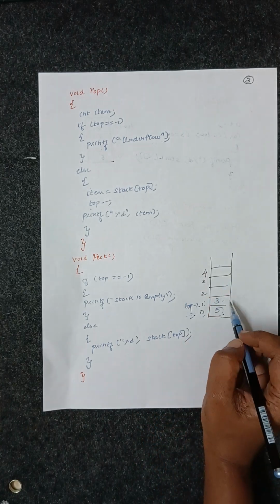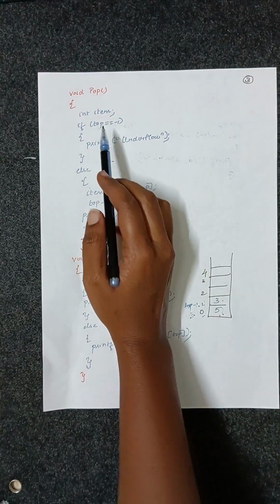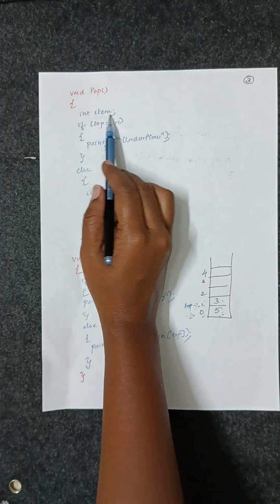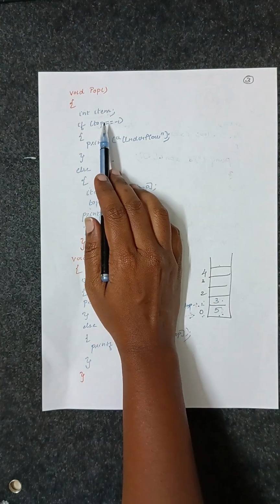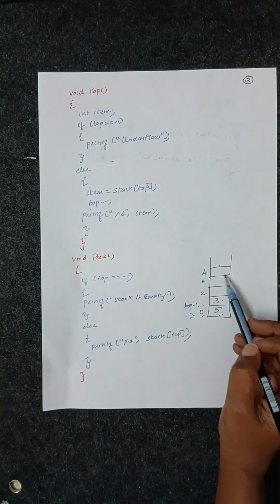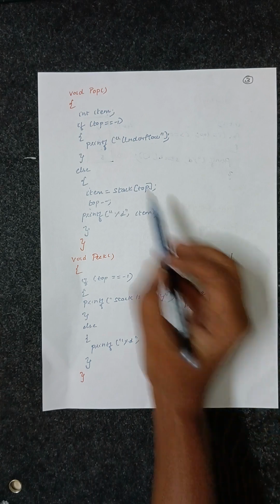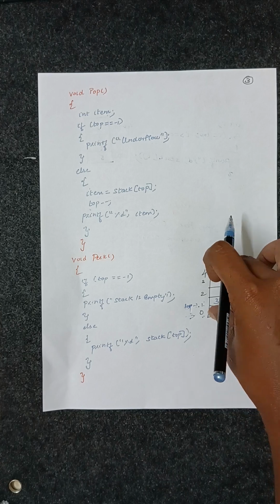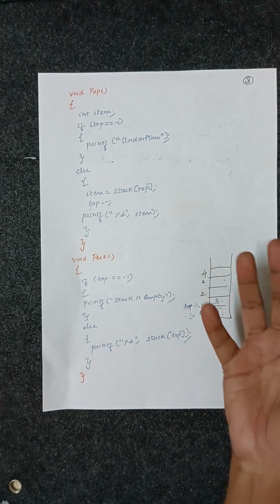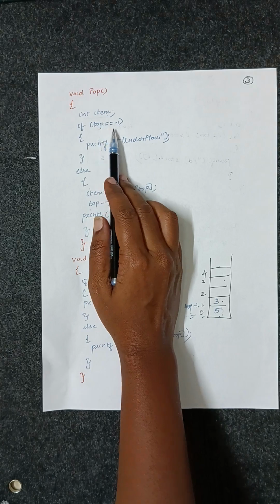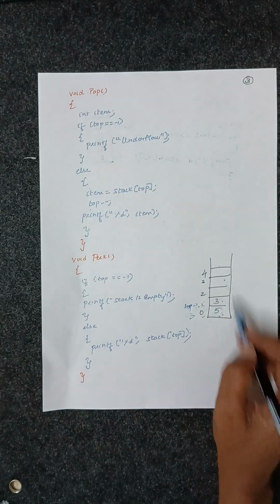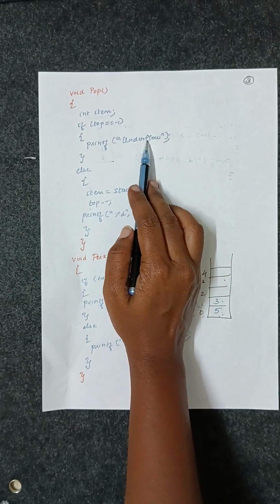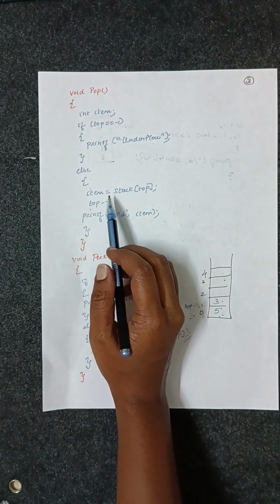If you want to print what you have removed, for that you can declare a variable item. One more condition we have to check is, before performing the pop operation, we have to check whether the stack is empty or full, because if the stack is empty, you can't remove any element. So if top is equal to -1, there is no element in the stack, then you have to perform the underflow operation, because you don't have any element to remove. In the else part, you can